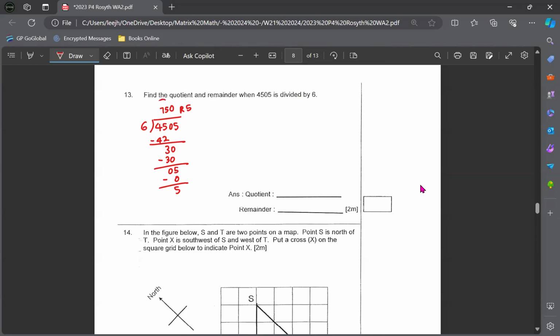So the quotient is this. This is the quotient. By now you should know, so this is 750. The remainder, definitely you know, is 5. Okay,